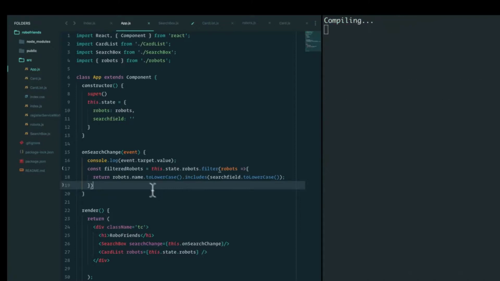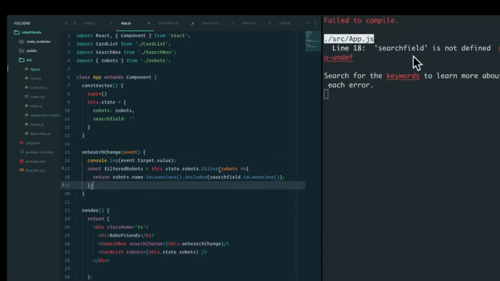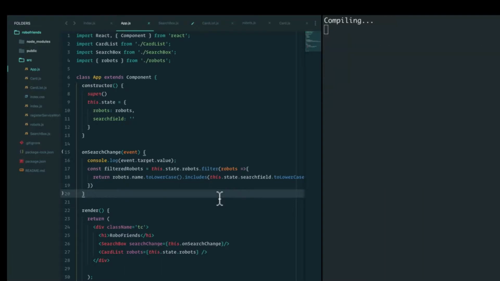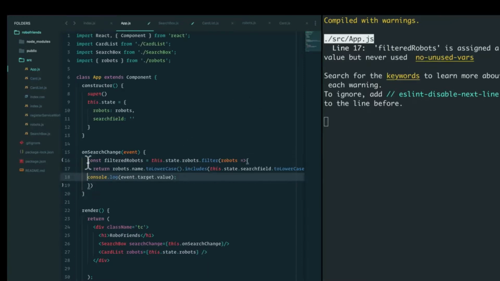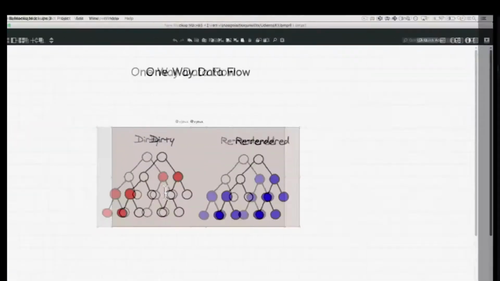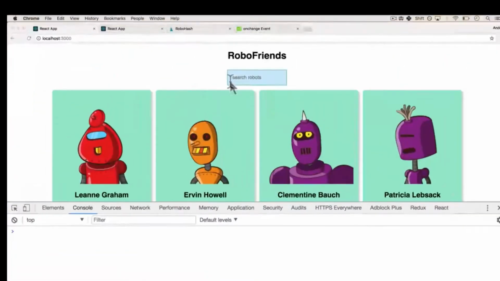Let's save. Oh, and you see here how I get the searchfield error because, well, it's part of the state. I have to do this dot state dot searchfield. If I save this, I get that filteredRobots is assigned a value but never used. But don't worry, we can now console log this and see what we get. If I save, and let's go back to our app,